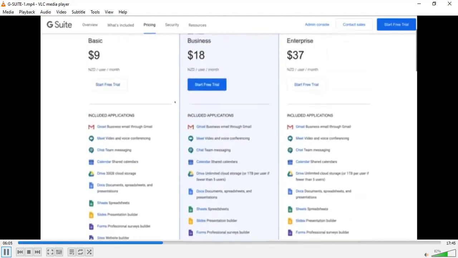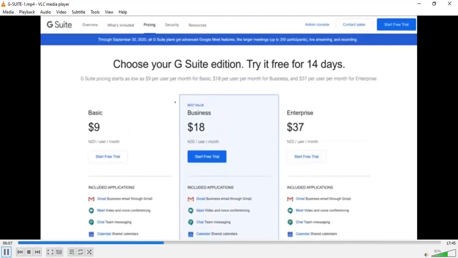Everything we wanted to cover before we get started and show you how to set up your G Suite account. So remember, after your 14-day free trial, you can sign up with the basic subscription through G Suite, and that's going to get you started with all the tools and applications you need for your business. So now that we've covered all this, let's get started with the free trial and guide you through the initial setup of your G Suite account.